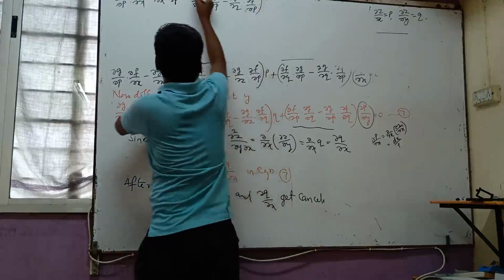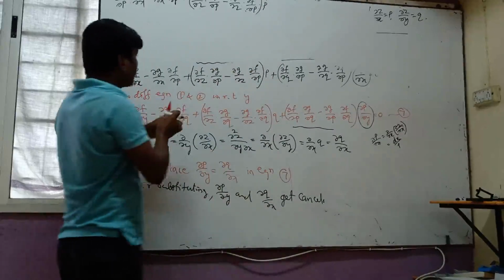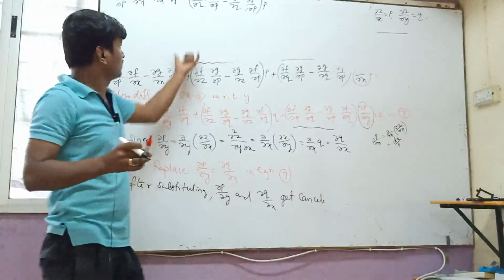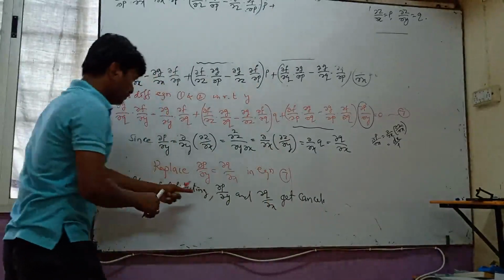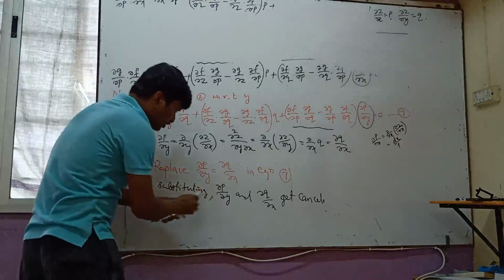So into p, the term remaining in equation number 6 is this, and plus after substituting